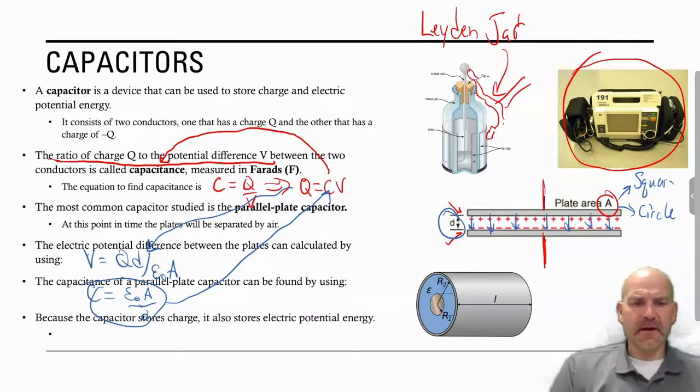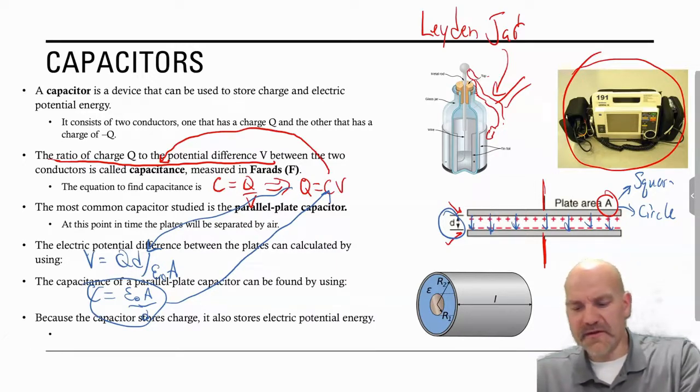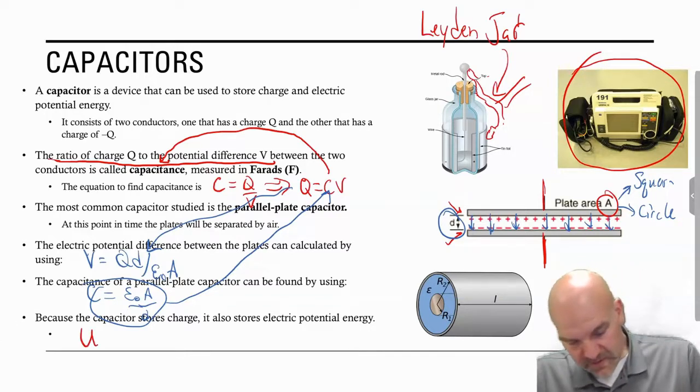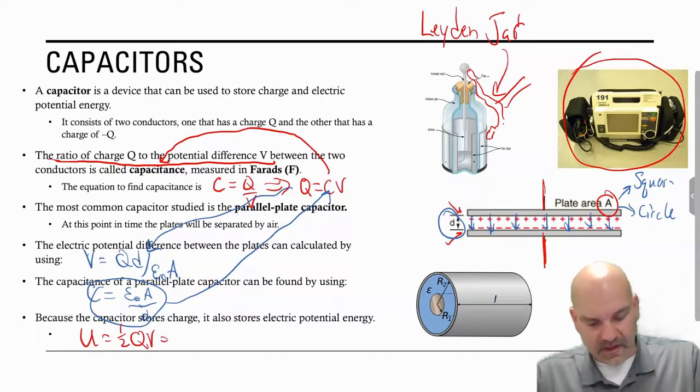And of course, we're talking about storing. So how do we calculate how much energy is stored on a capacitor? Well, it's simply U equals 1/2 QV, but then you can go through a line of algebra and end up with two other equations,